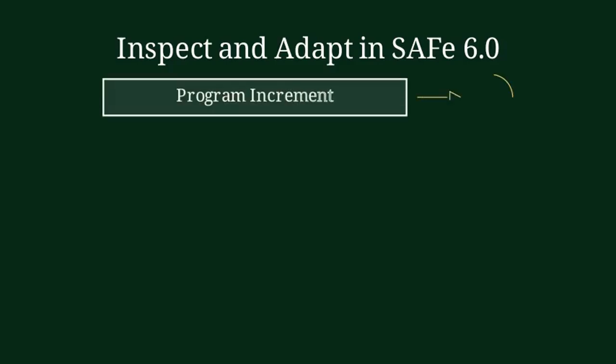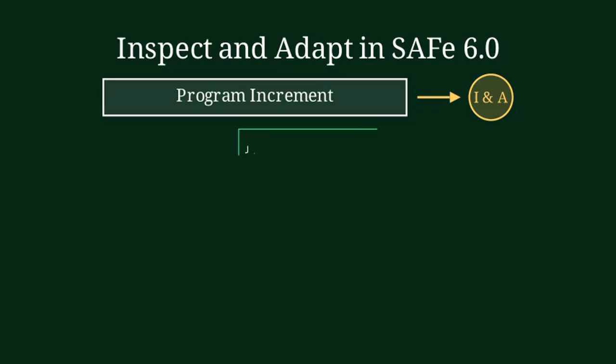In this video, we will learn about the Inspect and Adapt event in SAFe 6.0. The Inspect and Adapt event happens at the end of every program increment. Think of it as a big room reflection where the Agile Release Train pauses, looks at the work, and improves